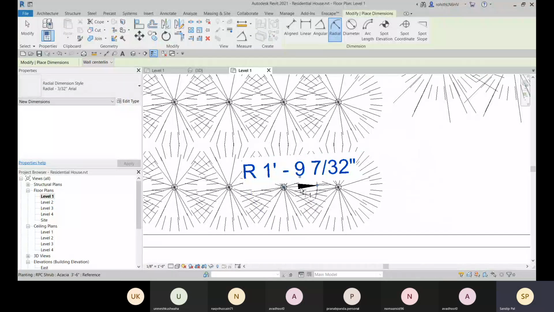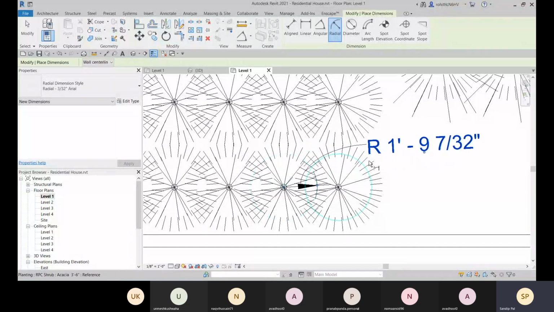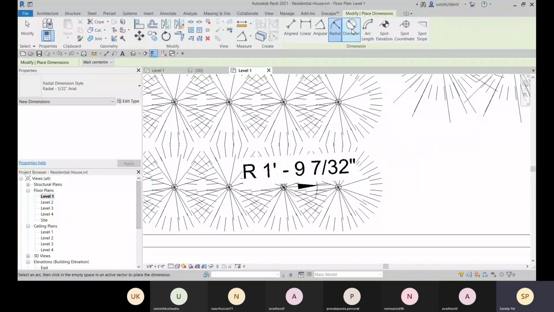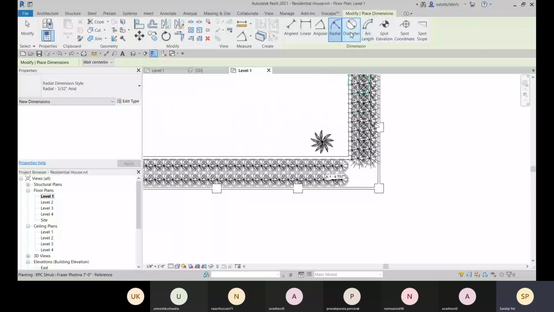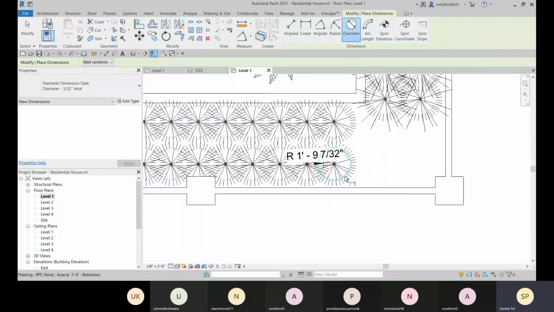You can just place this radius value, and later I will show you that you can change the position of your text. All right, so let me first show you all these dimensions. Similarly, you can select the object and place the diameter.